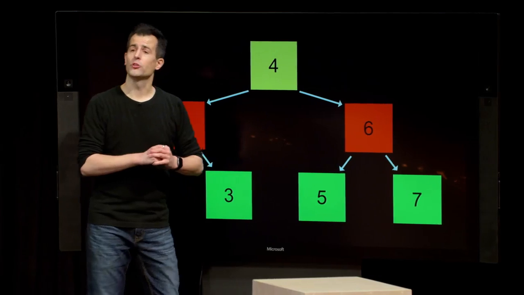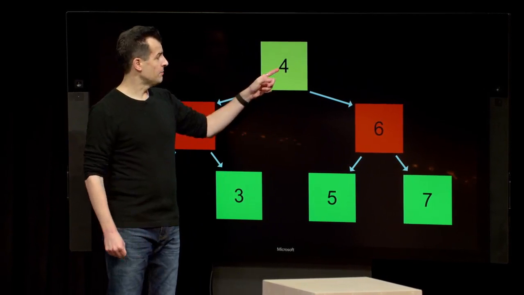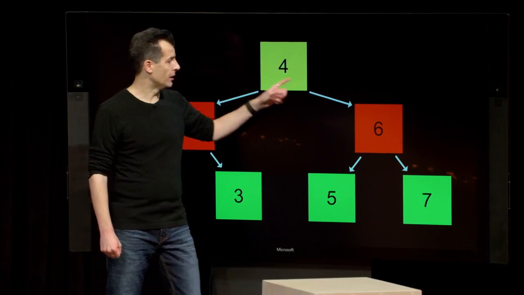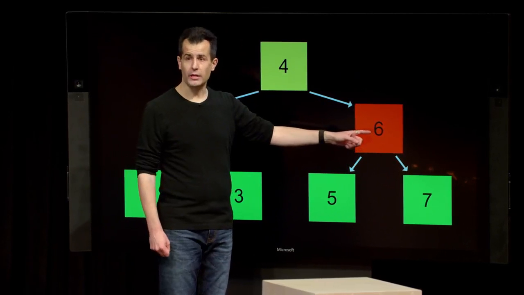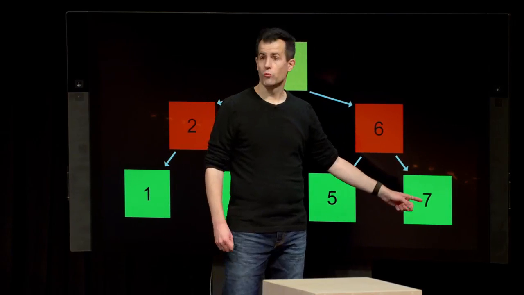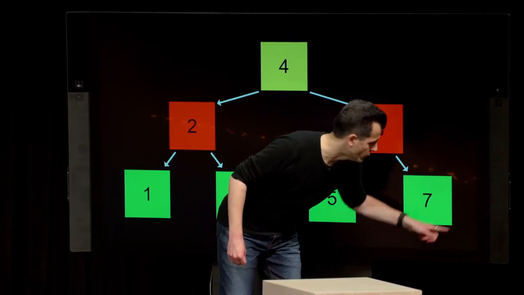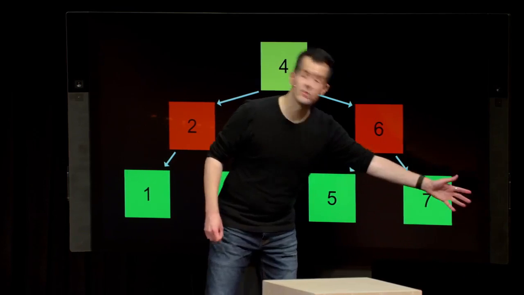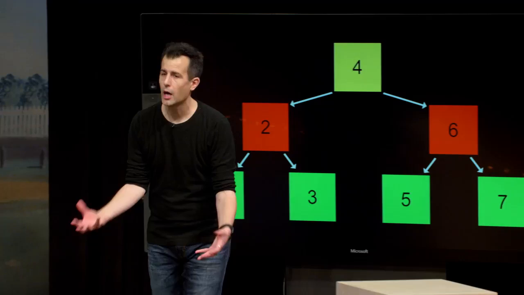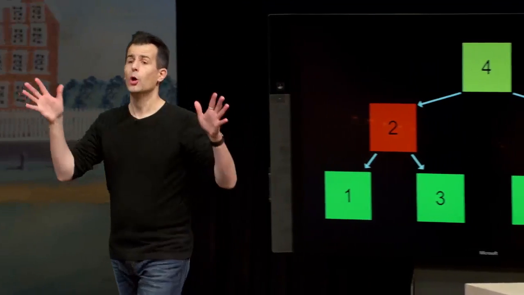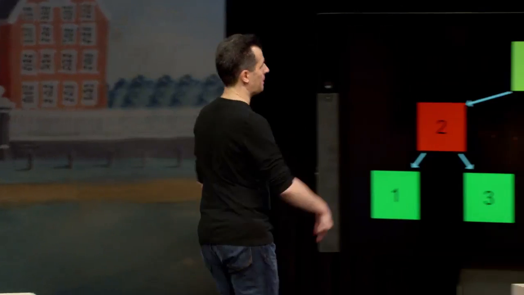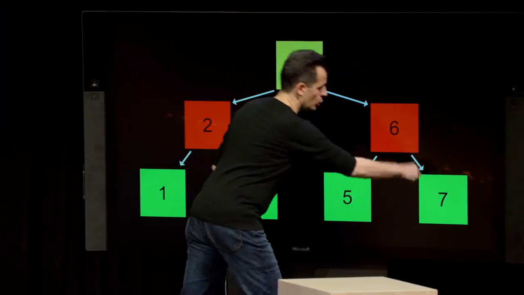Well, suppose I want to insert the number 8. I start here, and it obviously belongs to the right because 8 is bigger. I go here, it belongs to the right because 8 is bigger. I go here, it belongs to the right because 8 is bigger. And so a new node is going to be created somewhere down here. And even though it doesn't fit on the screen, I could absolutely call malloc. I could update a couple of pointers, and boom, we've added an 8th node to the tree. So if it took me that many steps, starting at the root, 1, 2, 3,